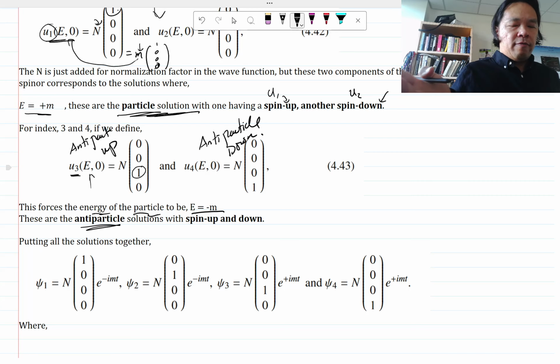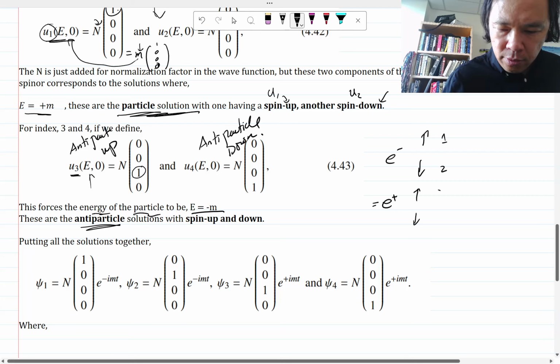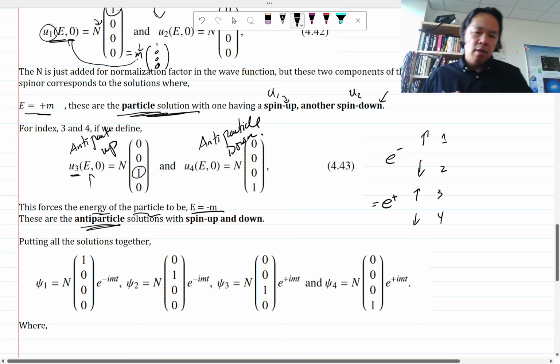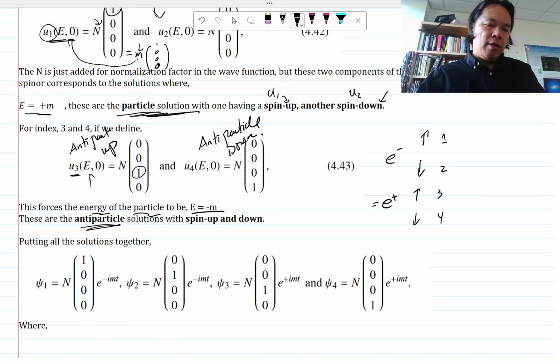So just to solidify this with an example, for an electron, you can have a spin up electron and a spin down electron. You can also have the anti-particle of the electron, which has the opposite charge, and that also has a spin up and spin down state. So you have 1, 2, 3, 4 different wave functions that describe the 4 different spinors that describe this one particular particle. So an electron and an anti-electron, also known as a positron, are the same fundamental particle, but in